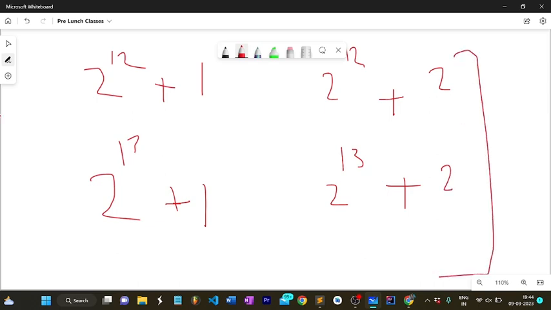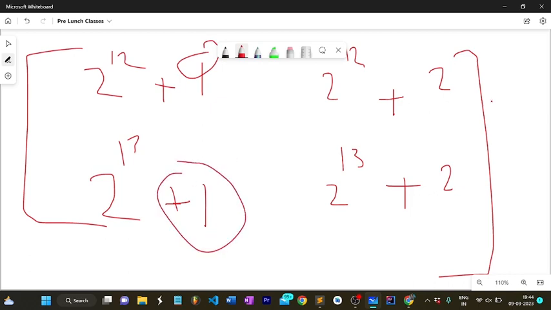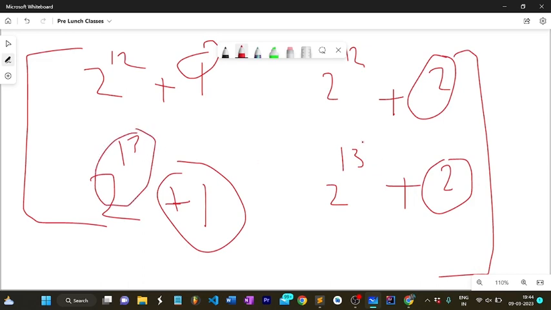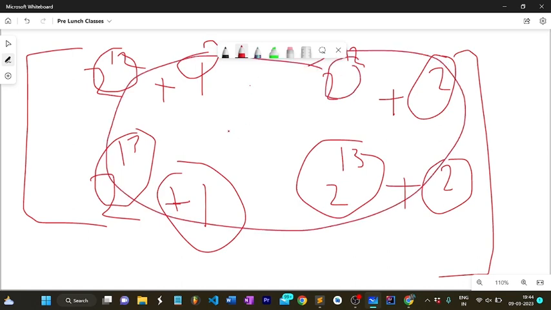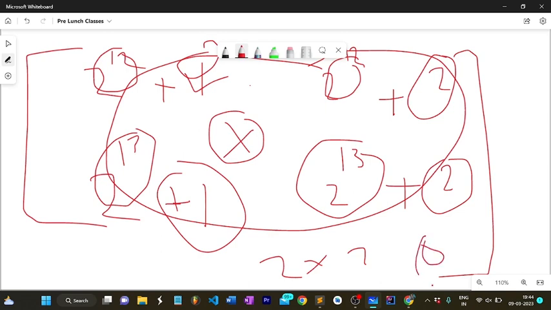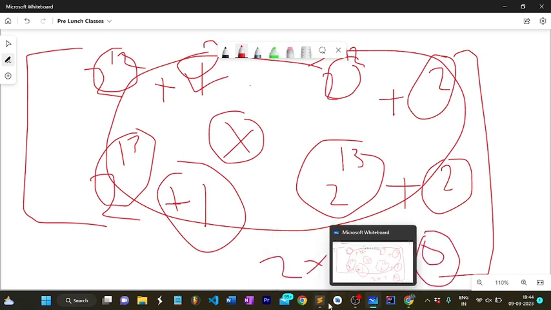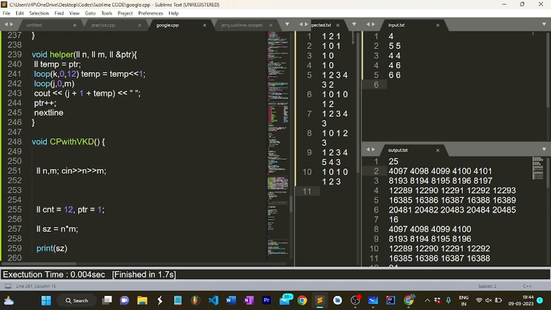So what will happen in this case? The first bit will get cancelled by these two, and the second bit will get cancelled by these two, and the 13th bit will get cancelled when we take the XOR of these numbers, and the 12th bit will get cancelled when we take the XOR of these numbers. So by taking the complete XOR we make all bits 0 by cancelling each other because of being at the same position and being the same bits. So in this way we are constructing a 2 cross 2 matrix so that its XOR becomes equal to 0. Okay, fine. So this was the approach to this problem, guys, and this was the code of this problem.